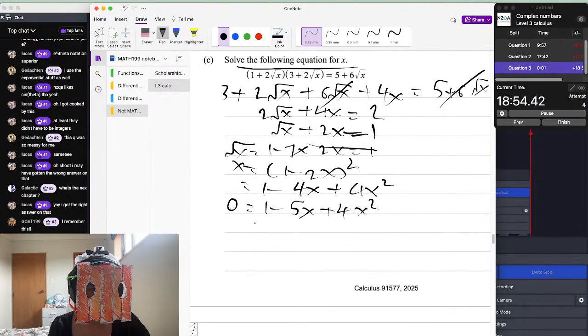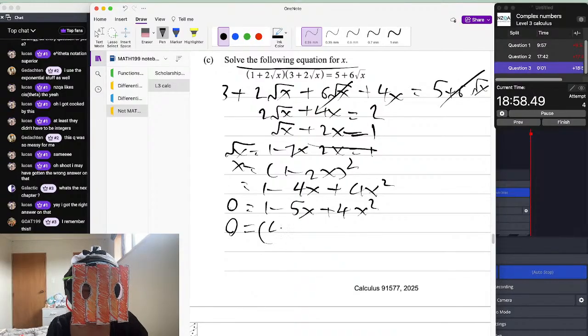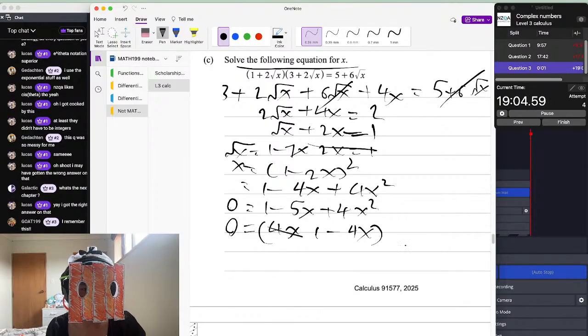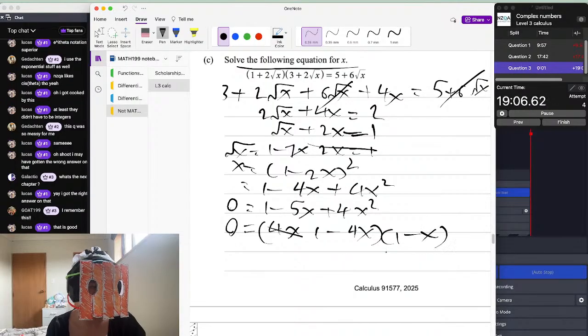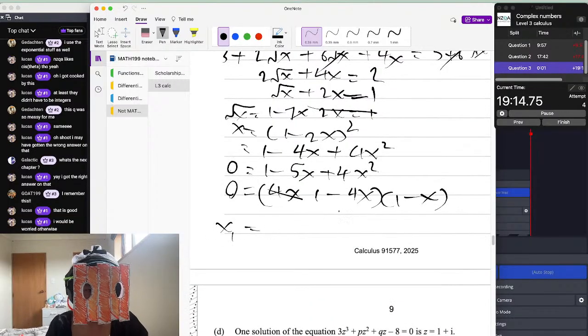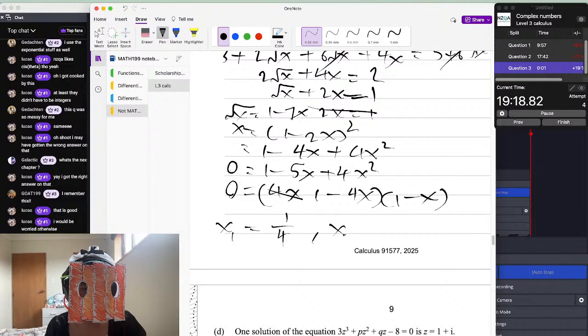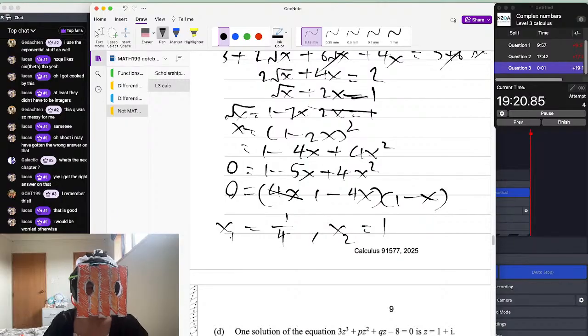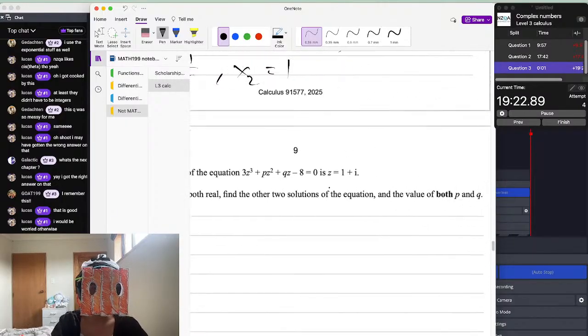Oh, hey, you could go 1 minus 4x and 1 minus x. Okay, so minus 4 minus 5. Yep. So then x1 equals 1 over 4, and the other one will be 1. Okay, one of the solutions is